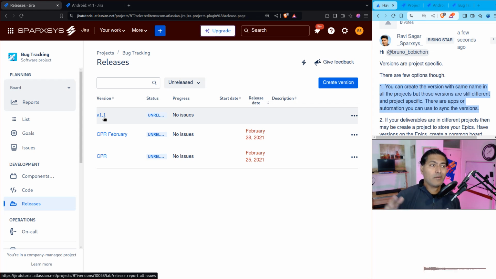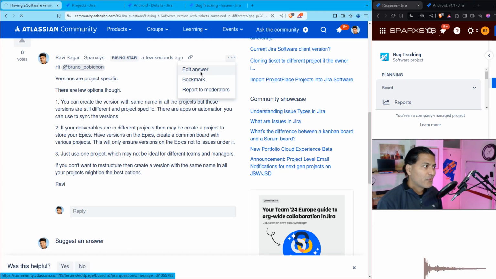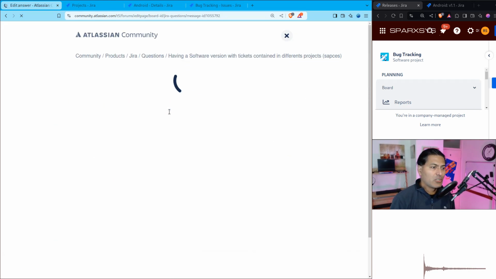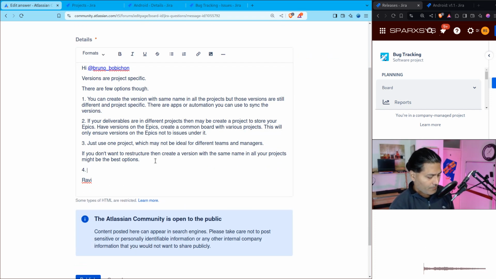I know some people also use labels to manage it, or maybe a custom field, because you can have a custom field with the same name, and then you can just use that custom field to mark your stories from different projects, basically using some kind of a version. So this is something that also works. I'll also comment here that you can also use custom field in those projects, right? And